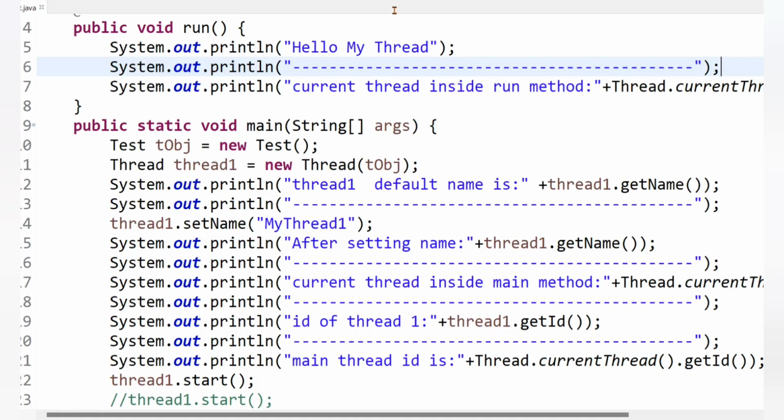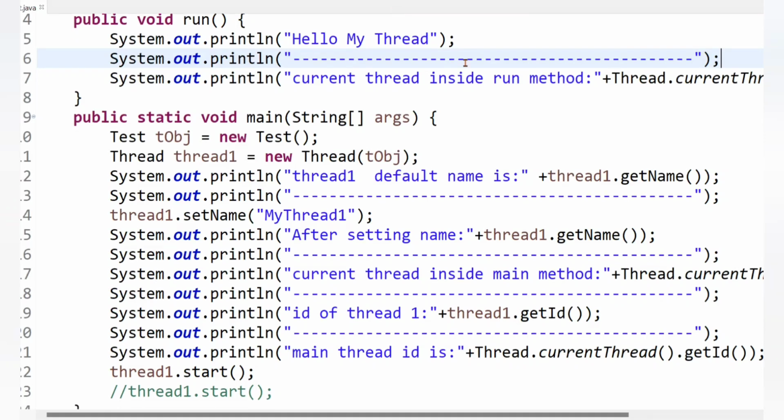Second, we can use the current thread method to get information about the currently running thread, such as its name and id. It can also be helpful for debugging multi-threaded applications, to identify which thread is executing a particular piece of code and which thread is causing an error. Clear? Now let's focus on another method of the Thread class, the isAlive method. After that I will give a quick review of all the basic methods.